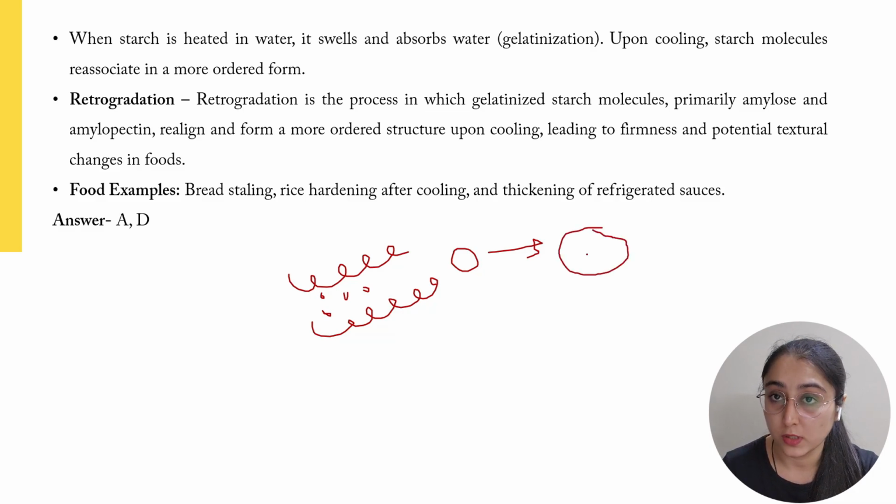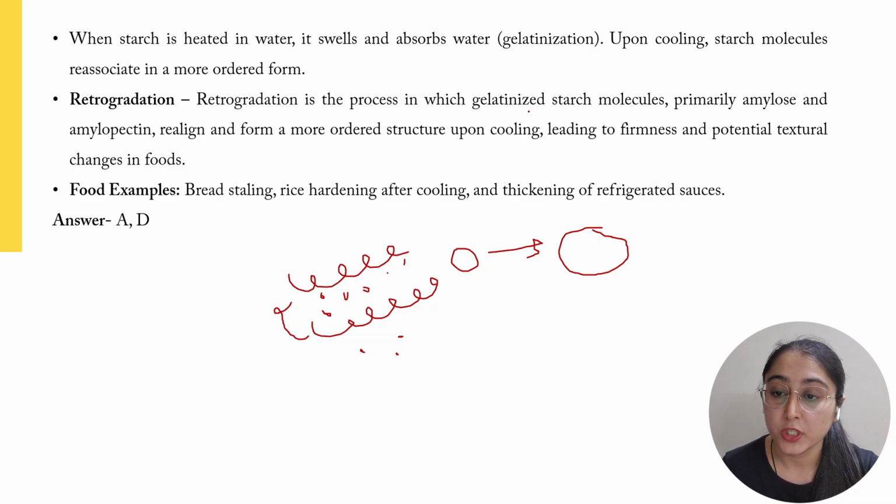Now, when this gelatinized starch is stored over time, the water trapped in between these amylose chains tends to leach out. Because of gravity and so on, let's say the water starts to leach out, and this is known as syneresis, and the amylose chains tend to realign with themselves. So initially the crystalline structure is broken and an amorphous structure is formed, and later on when the gelatinized starch is kept for long, this structure starts to crystallize again.